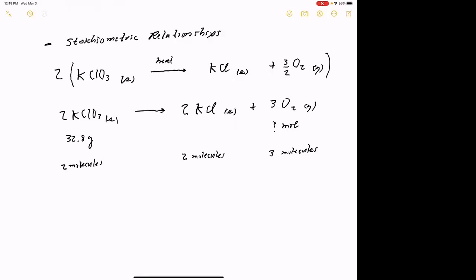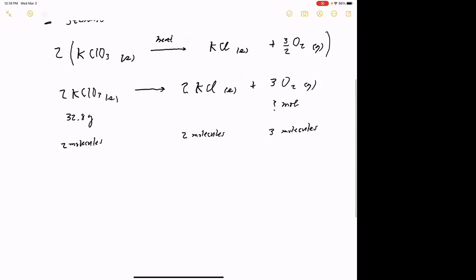Everybody see that? Now, if I can do this in terms of molecules, I can talk about it also in terms of moles, right? Remember, the mole lets us scale things up to a reasonable size that we can measure out. I can't measure out 2 molecules of KClO3, but I can measure out 2 moles of it, because I know how many things are in a mole, and that makes it a manageable quantity. So alternatively, I can say that 2 moles of KClO3 when it reacts will give me 2 moles of KCl and also 3 moles